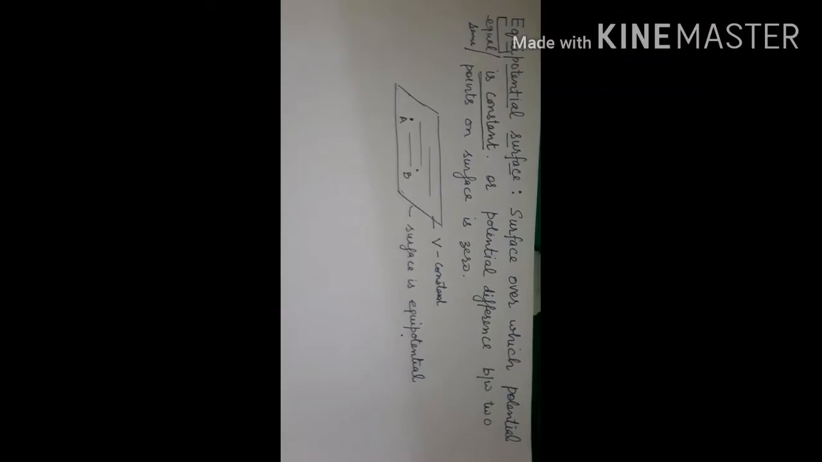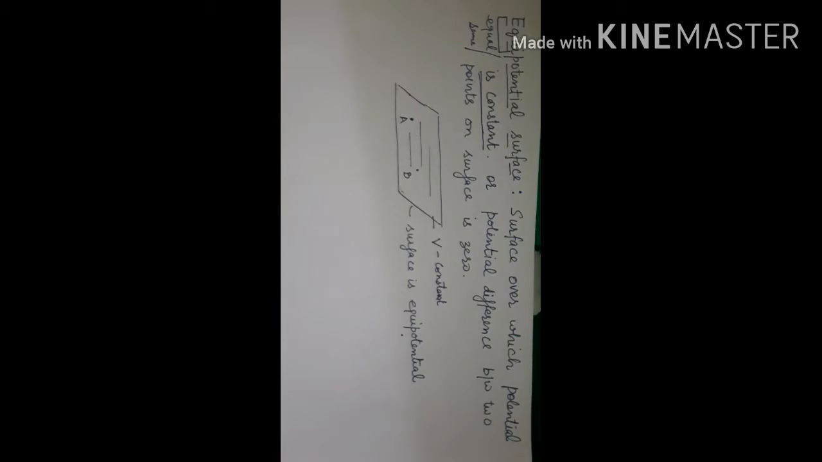In this video, we will discuss the equipotential surface. As the name suggests, equi means equal, same or constant. So the surface over which the potential is equal is known as an equipotential surface. Or we can say that if we calculate the potential difference between two points, then the potential difference is